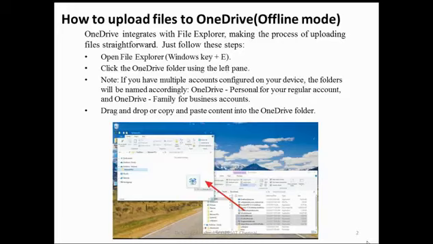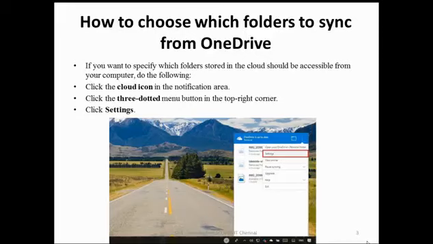Now, in the online mode, the content is going to be available in the cloud storage, and whenever you are logging into Microsoft 365 on some other device, there you can access the particular file. But here, the file is going to be available in the OneDrive local storage as well as the OneDrive cloud storage. But to provide synchronization between these two, we have to enable the synchronization option. That is the second feature.